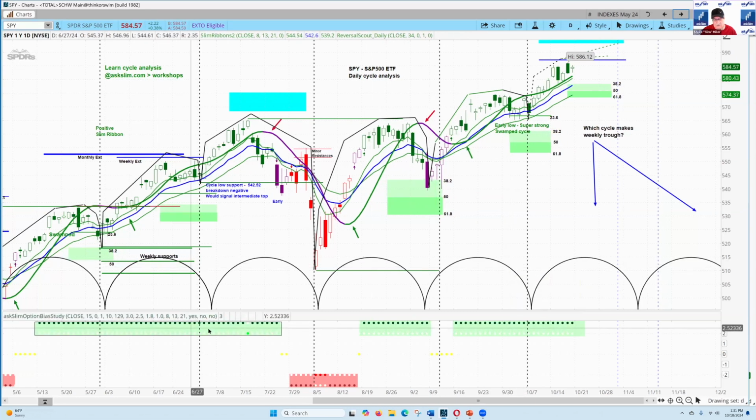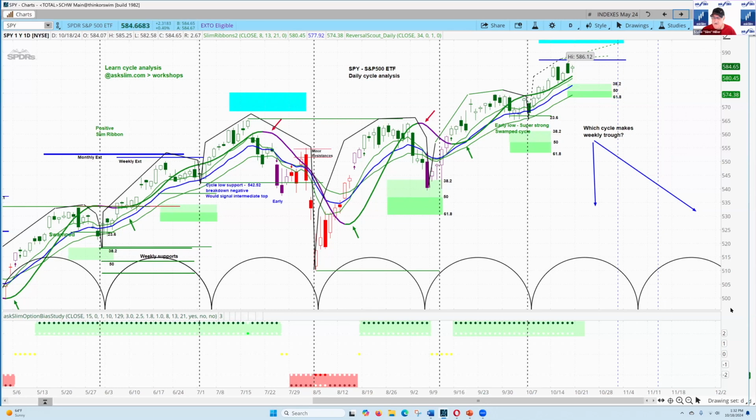I want you to note the option bias indicator. Katie showed that earlier on in the show. It's extremely valuable in telling you, if you're an option trader, to keep your positions biased with the OBI, the options bias indicator. I developed this back when I was on Tasty Trade because, and believe me, I love those guys, they're great friends of mine, Scott and Tom, and so many others there, but they do teach you to be short options.